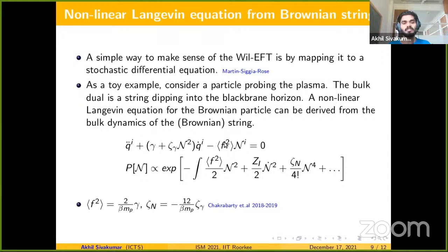How do you capture these nonlinear corrections? Beyond the linearized equation of motion for the string, you have to add in interactions, nonlinear corrections in the bulk. And this noisy part really comes from doing a careful analysis of the Hawking radiated modes of the string. It's crucial to include them correctly at the horizon. And that's the crux of all these calculations, that you have to carefully account for Hawking radiation to see the effects of fluctuations in a consistent way.